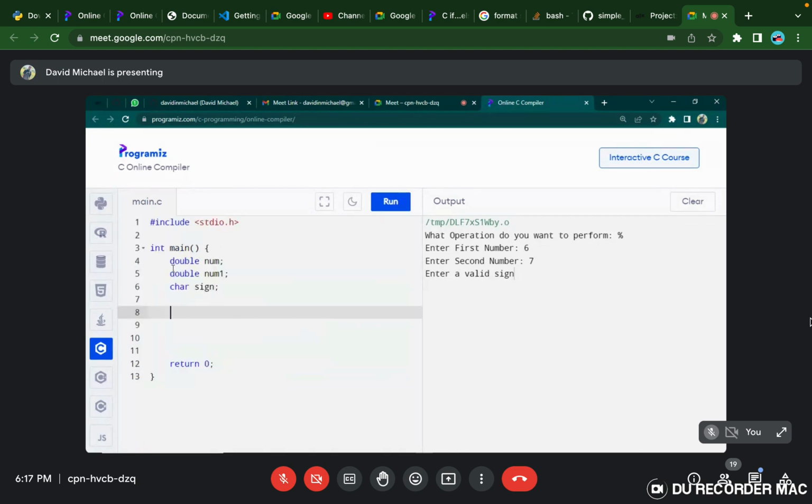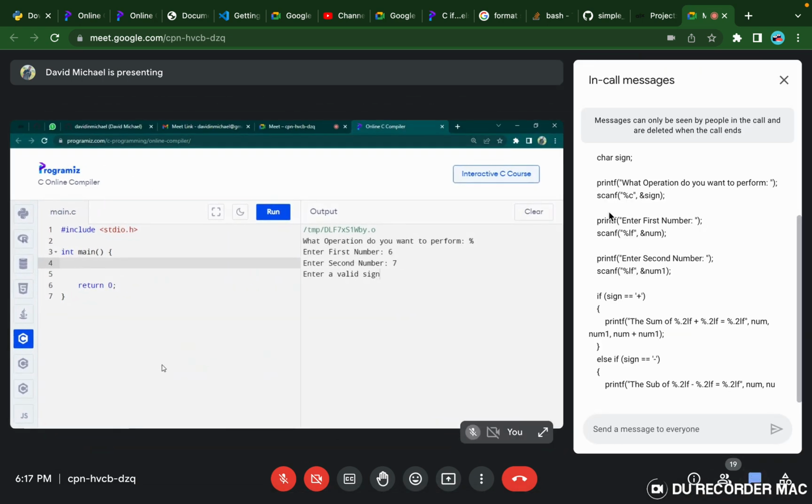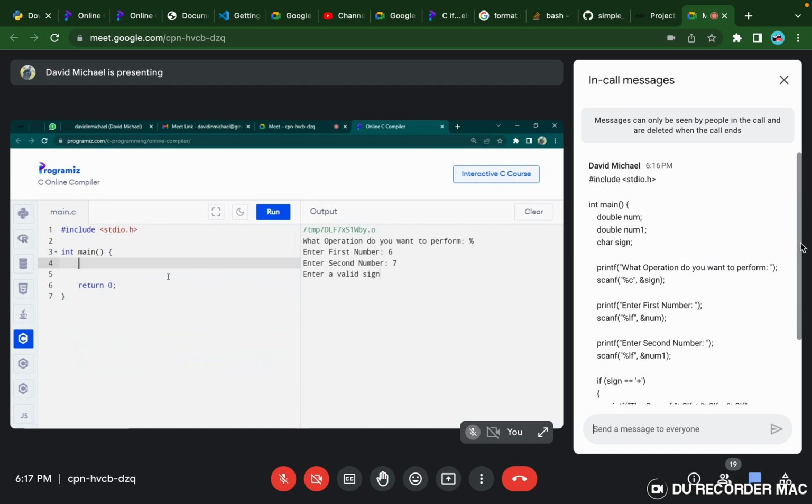Very good. Okay, so I'll just clear all of this. Let's just start from the beginning. So we want to create a multiplication table, right? Okay, so let's see how we could do this. So I've included my header file, and the next thing I just want to do is to